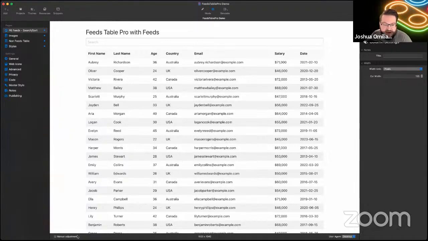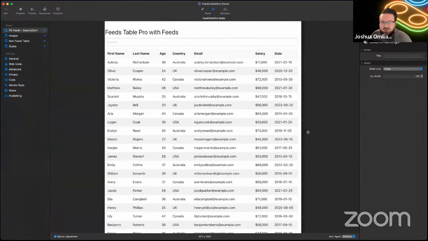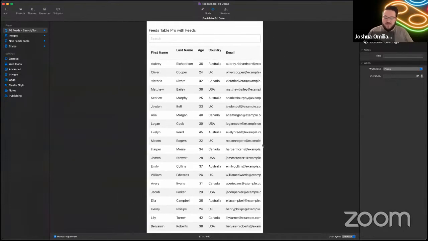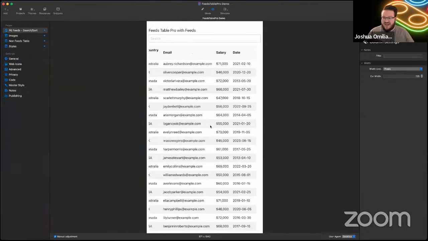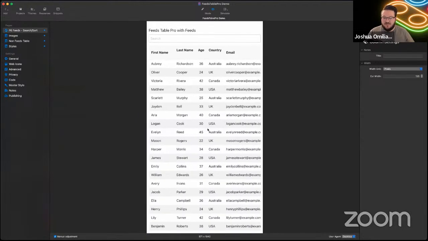But what happens if you're looking at smaller devices? As we get down to smaller devices here, all of a sudden it scrunches and the data goes off the screen. What's going on? With this, the table actually has side scrolling automatically enabled. So you can scroll that table and view the data, but this still doesn't look pretty up top. To fix that, if we click on Feeds Table Pro,